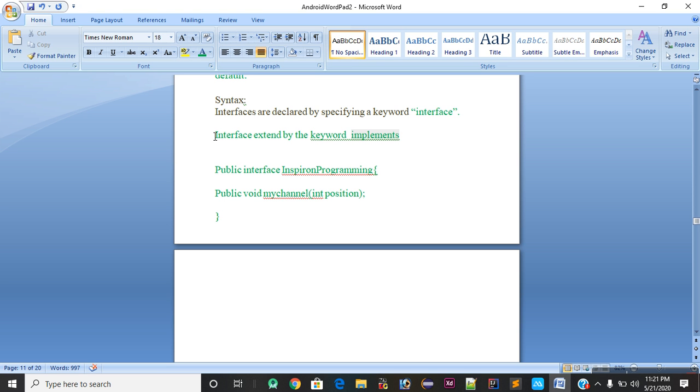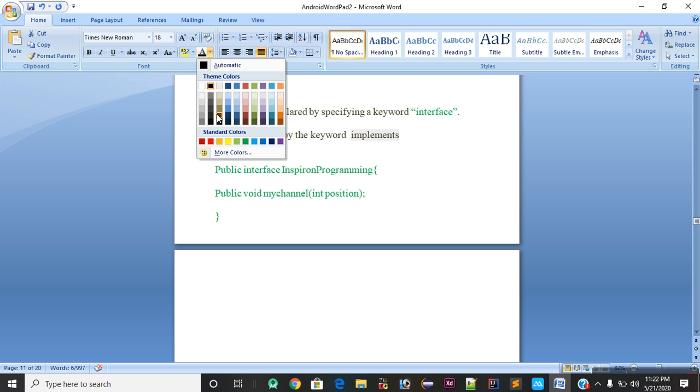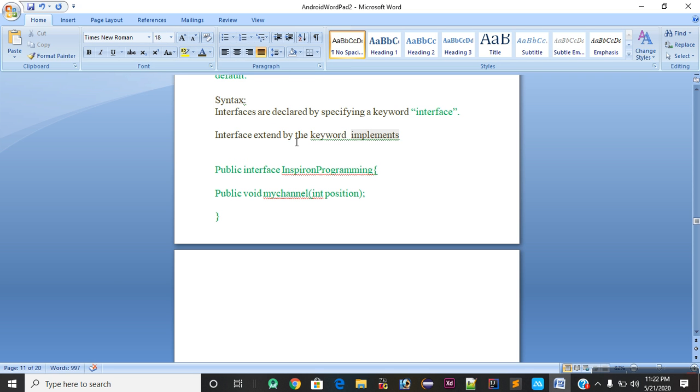So for example, I have an interface, so I will declare the interface. Now I will change the color. So guys, an interface is extended by a keyword. Second thing, whenever we extend an interface by a class or by an interface, we use the keyword implements.